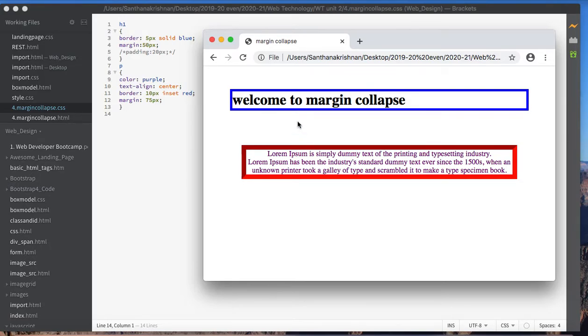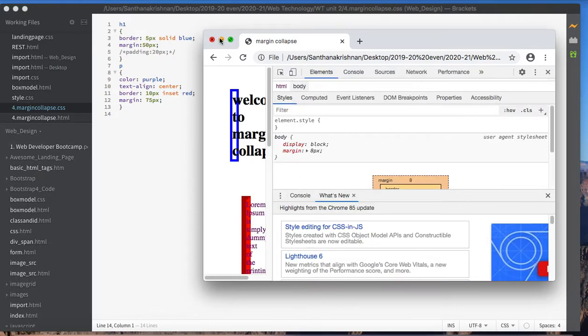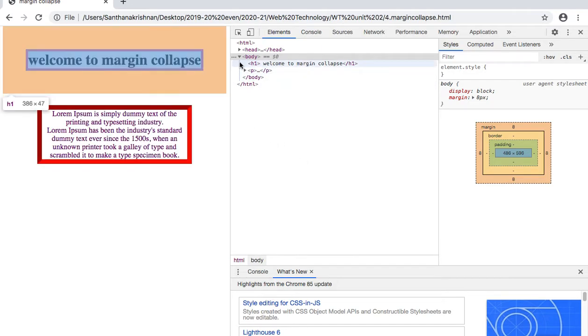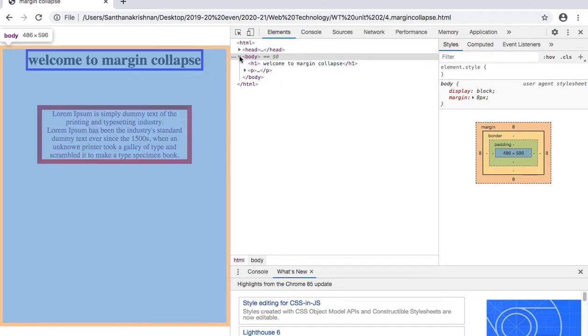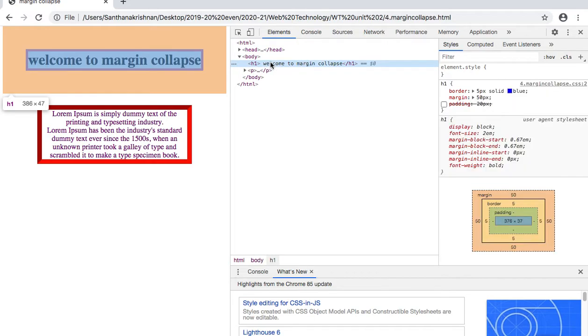So I'll inspect what's happening. Right click, inspect. Let me make this full screen. We'll see one by one. In the coding, h1. See here, that orange color is of this one.